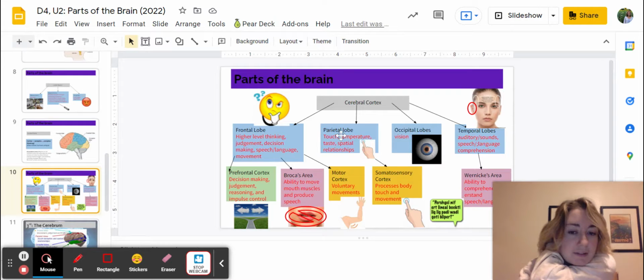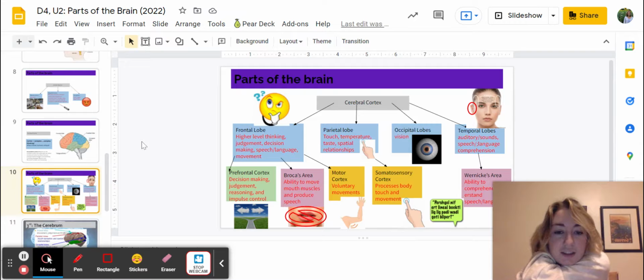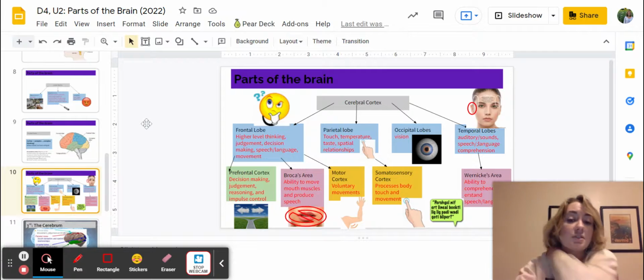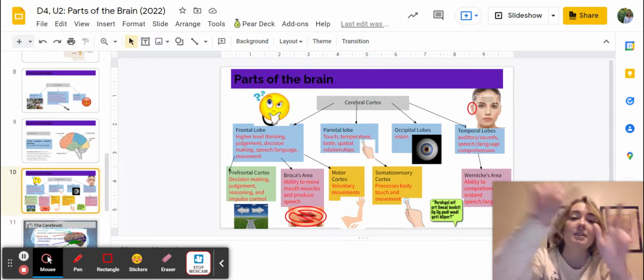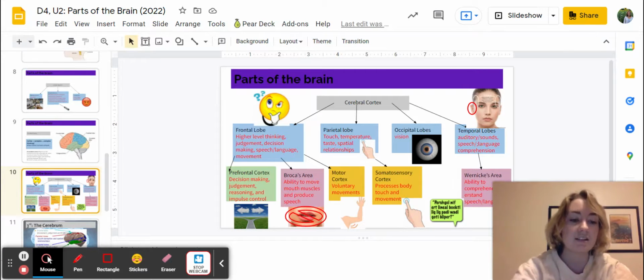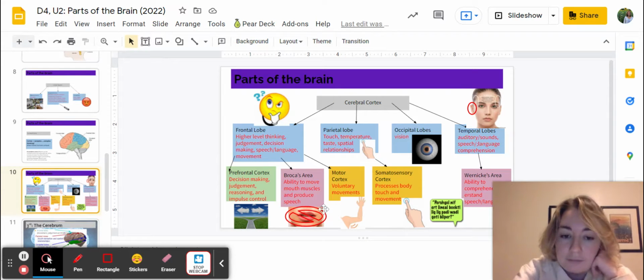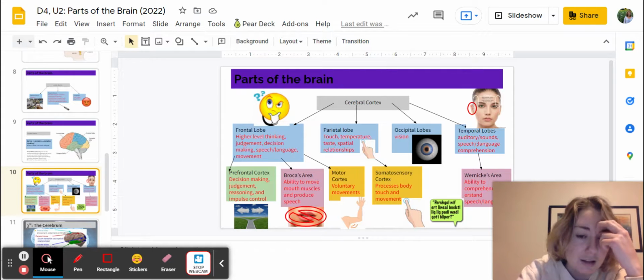Okay, then we've got the parietal lobe. I remember this as the triple T threat. The parietal lobe helps in touch, temperature, and taste sensations, and also visuospatial relationships. So kind of like understanding where you are in relation to the items that are around you and stuff. Okay. So within the parietal lobe, we have the somatosensory cortex, and that is responsible for processing touch and